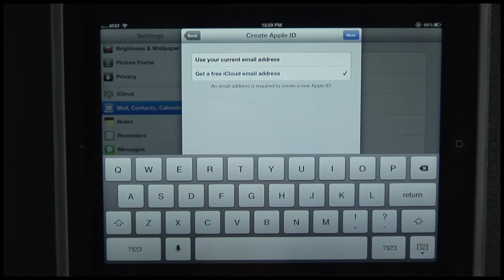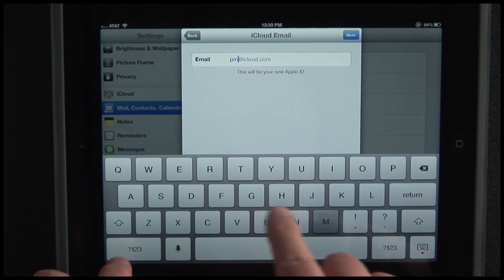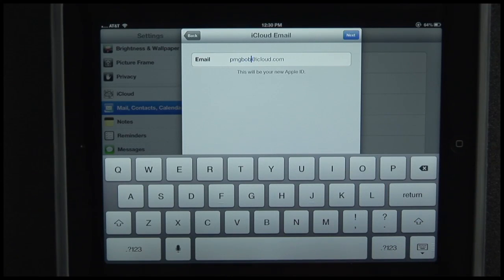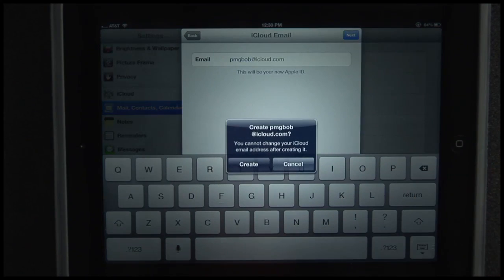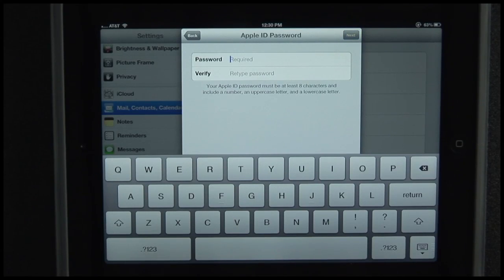Another good reason why this is that it makes sure that you don't have duplicate iCloud addresses. So that way you know the iCloud one is, for example, the office maybe. And of course, PMG Bob, following the same thing we did with Pam. And do we want to create this? Of course, we want to create this, so we're going to touch the Create button, and it's going to ask